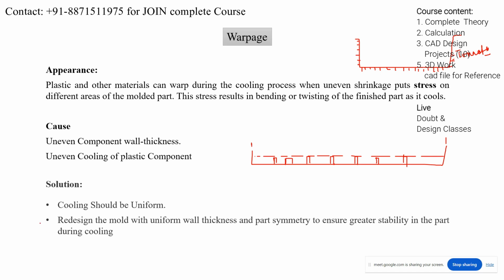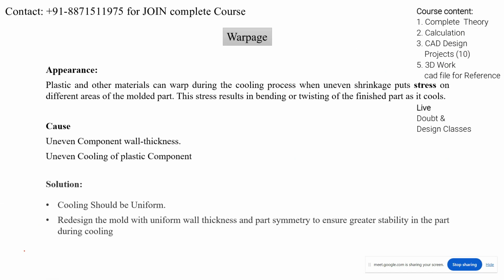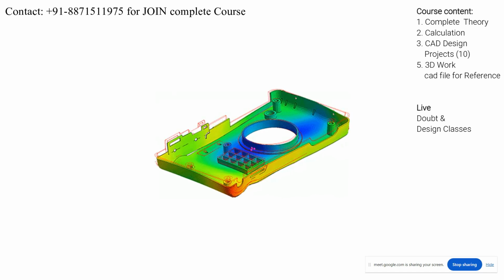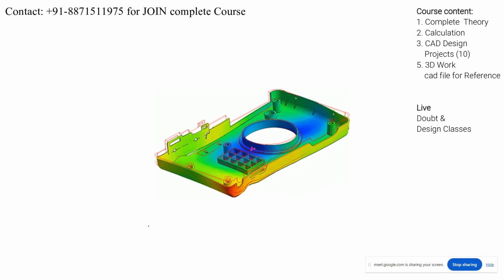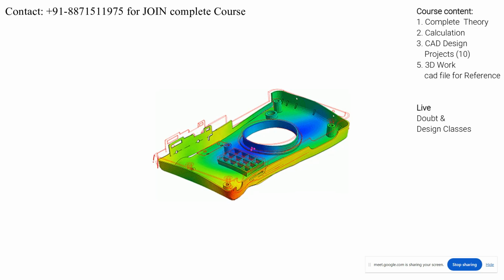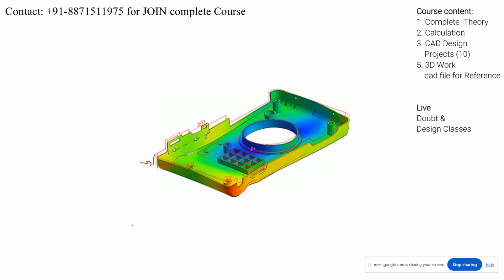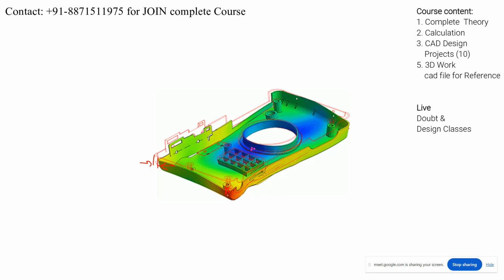So basically, one more solution for the warpage is to redesign the mold with uniform wall thickness and part symmetry, to ensure greater stability in the part during cooling, or we can use ribs and gussets for providing strength to the component and for avoiding the warpage. We cannot eliminate the warpage from the component. Is it clear? Like this, see here. This is the warpage. See? What is happening here? See? Basically, see what is happening, right? See here,